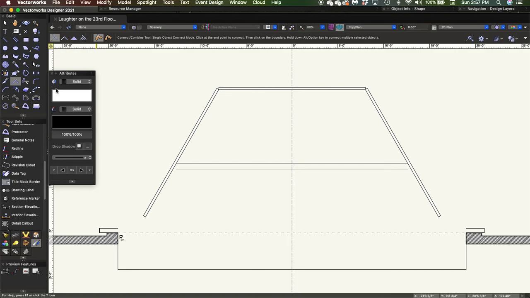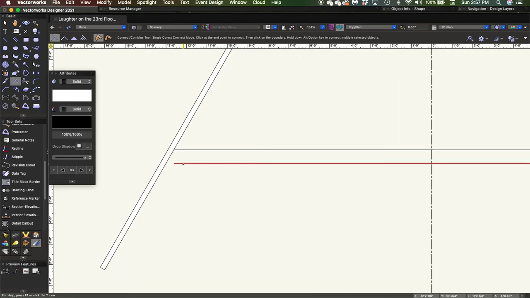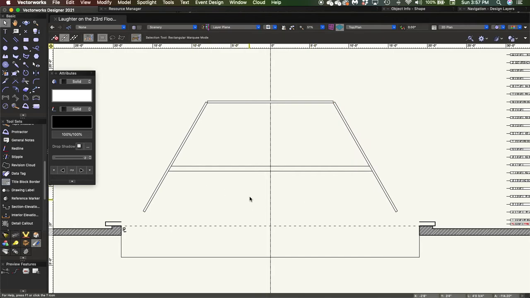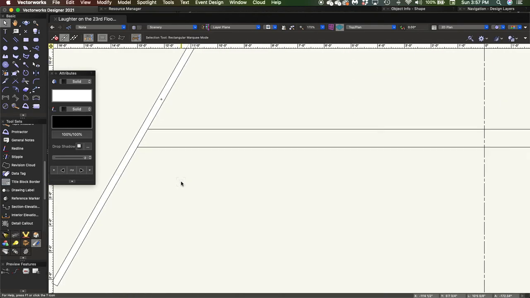And I'm going to grab that Connect Combine tool one more time to connect those. Oops, to there. So great. Now I've got a 0 level, I've got an 8-inch rise, and I've got a 16-inch rise. So our theatrical convention says that we label those things as such, so I'm going to zoom in on the stage right part of this,